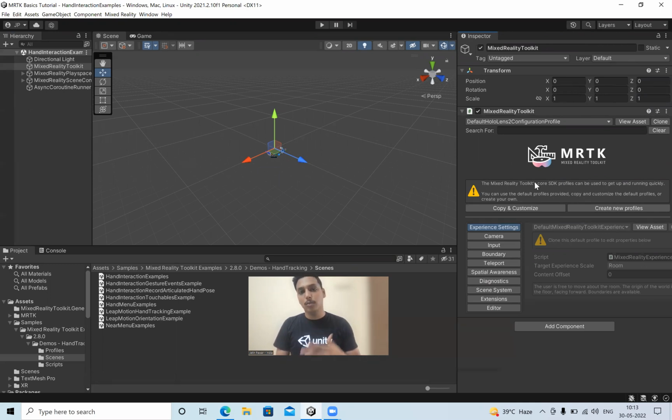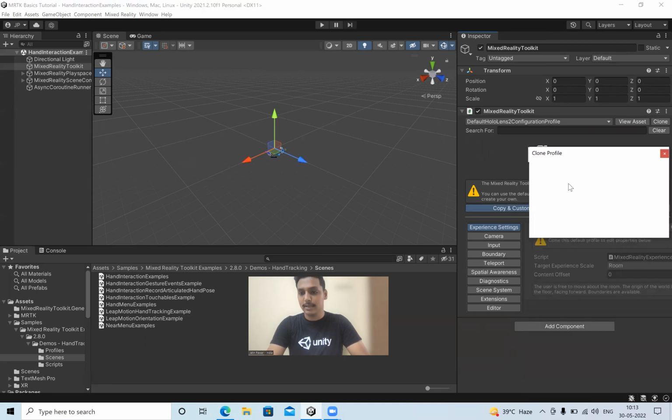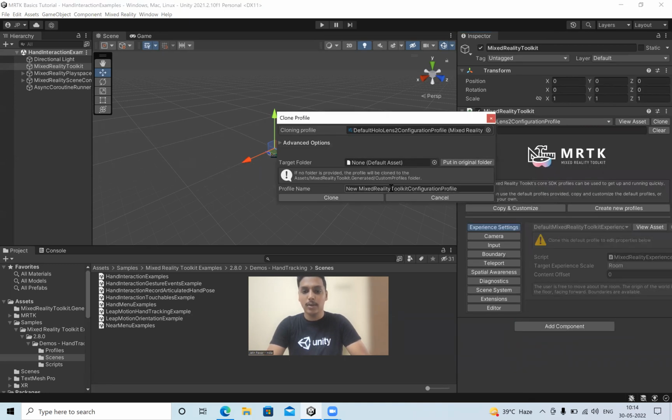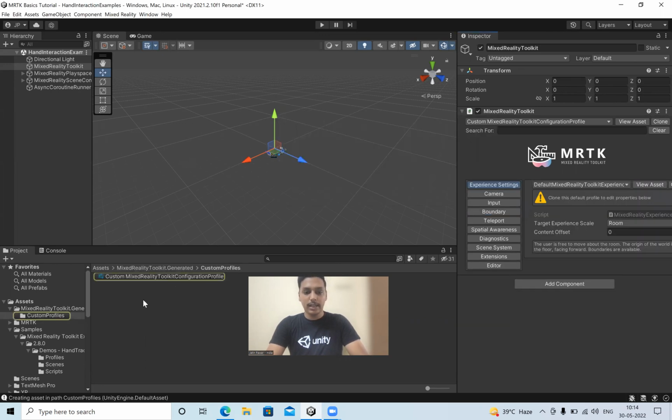Okay. And if you want to create your own profiles, the first option is you can create a totally new profile. But the best option is to copy an exemplar profile and then just make the required changes. Okay. So here what we'll be doing is creating a new profile, then we'll be editing its camera profile so as to instruct it to use AR Foundation and work in AR mode. Okay. So first of all, the first profile is Default Toolkit Configuration Profile. We'll say Copy and Customize, and it will automatically give it a new name, and you can give it any name you want, for example, Custom Mixed Reality Toolkit, and click on Clone, and it automatically will generate this